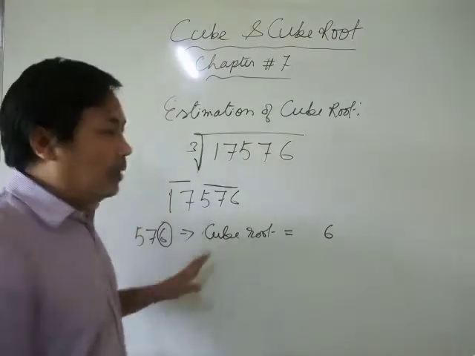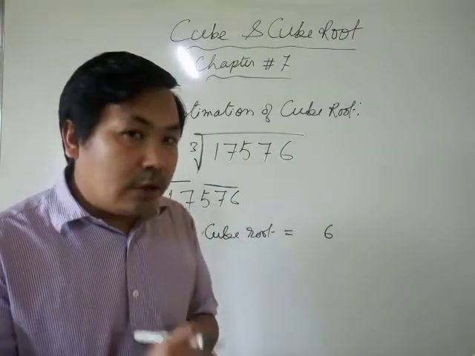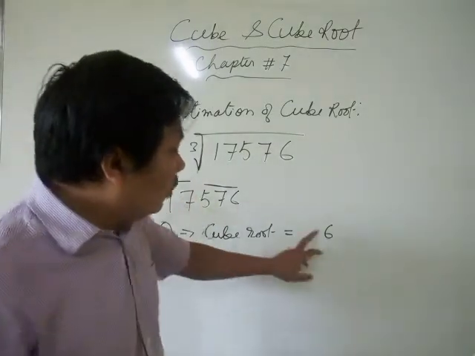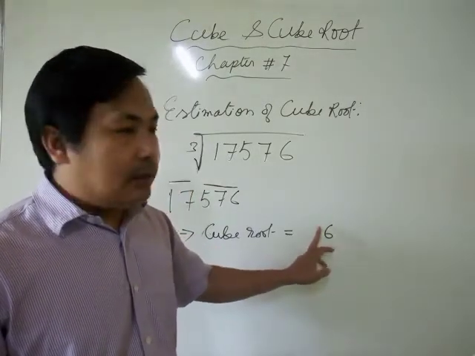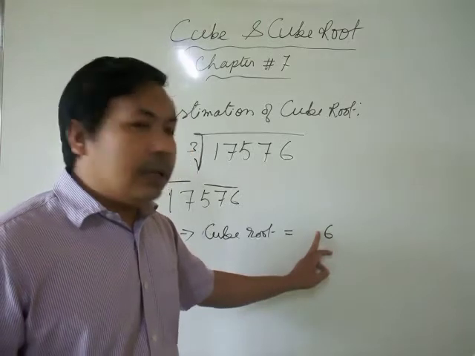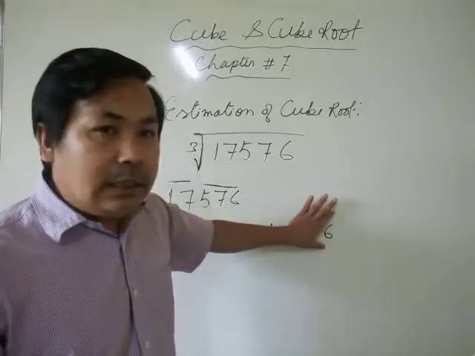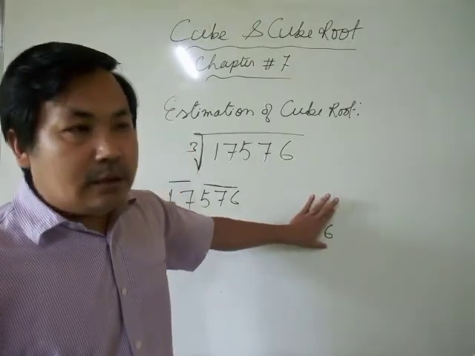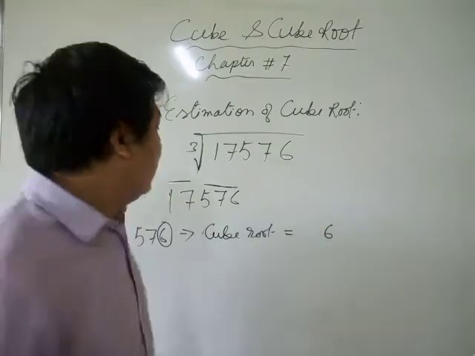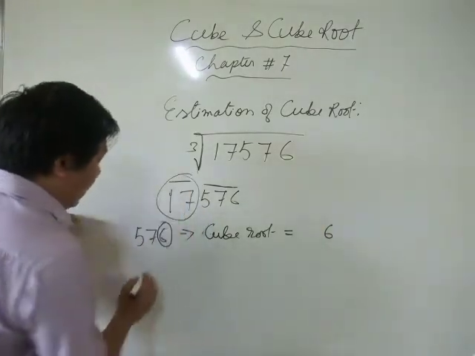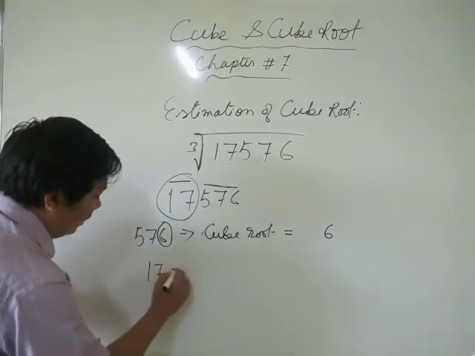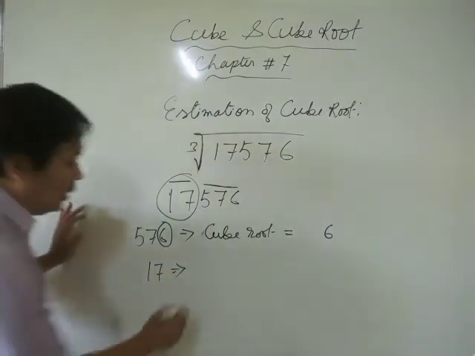This means the digit in the one place of the cube root will be 6. What will be the digit in the next place, the tens place? What will be the other digit? Let us see. For that we take the 17, and this 17 lies between